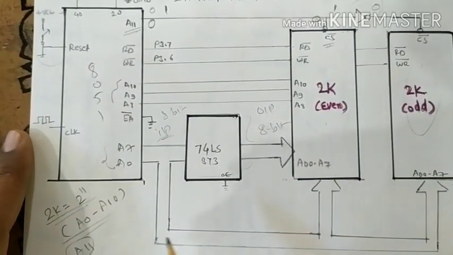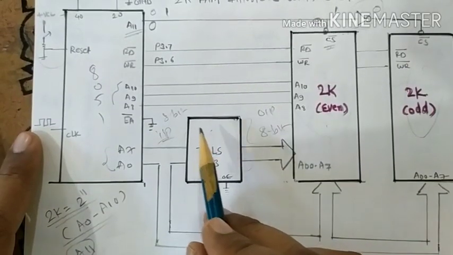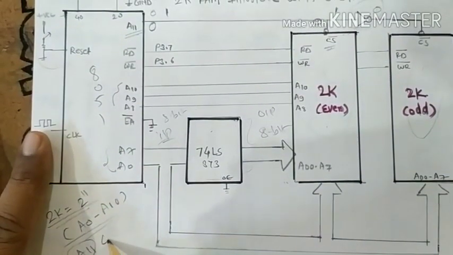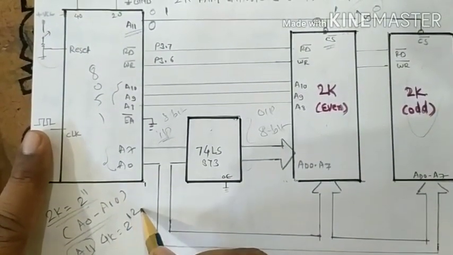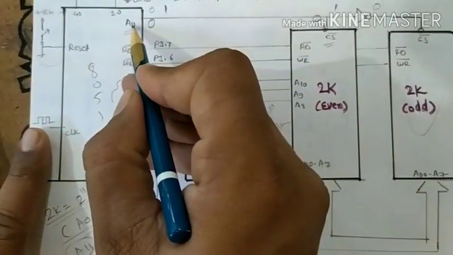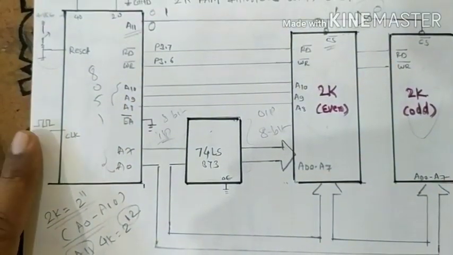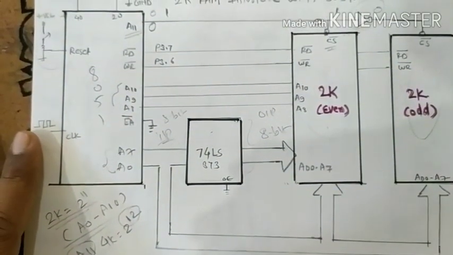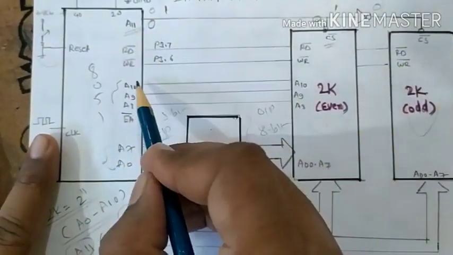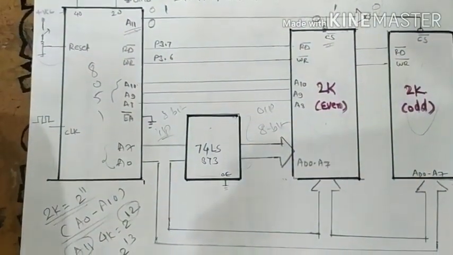So try to understand. This is the lower 8 bits, and this is the higher 8 bits. In case of this 4K, it is 2 raised to 12. So A12 is the selector. You just change here to A12 and here up to A11. So simply you have to find the next diagram. If there is 8K, it is 2 raised to 13. So change here to A13, and here up to A12. Simply again you have to draw the diagram.